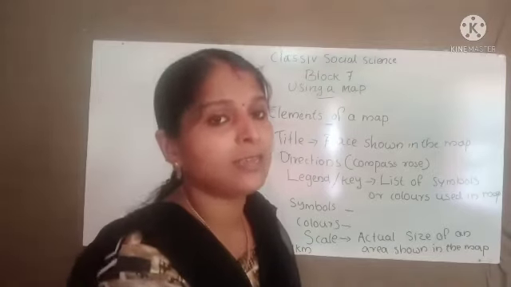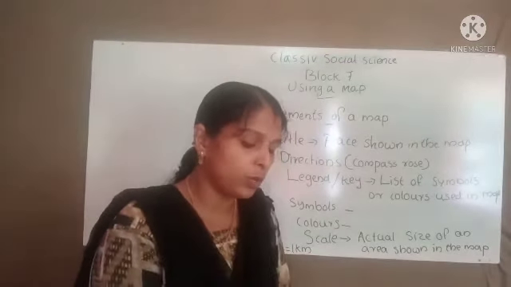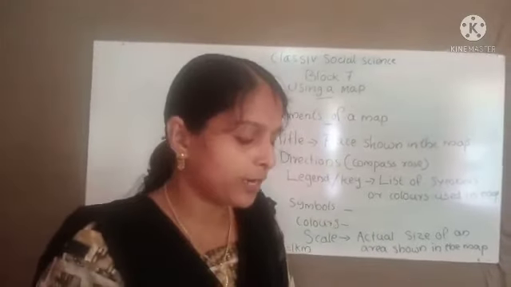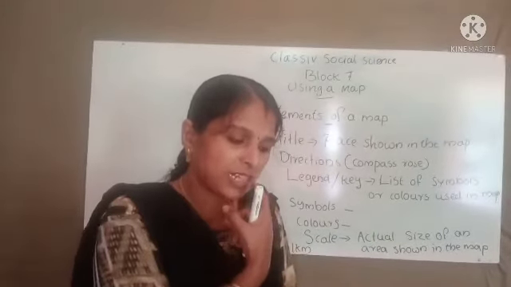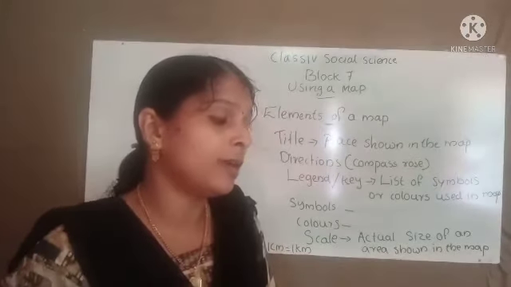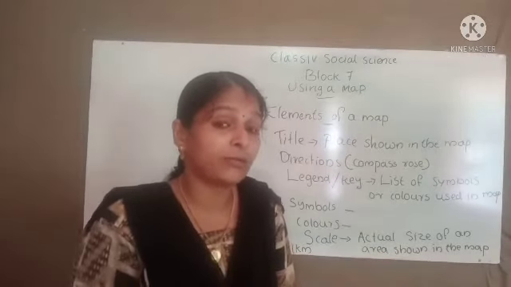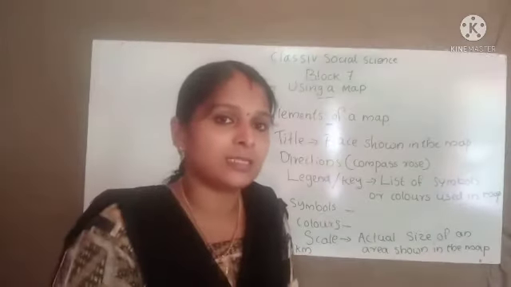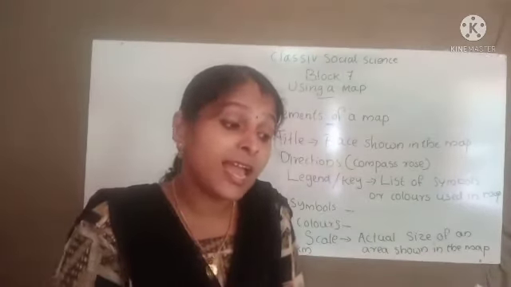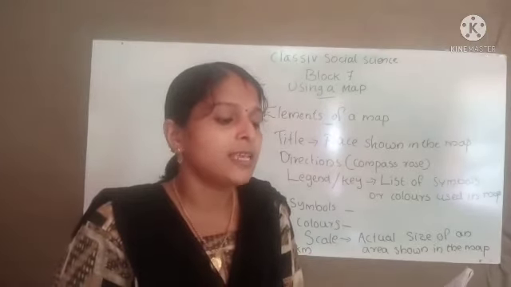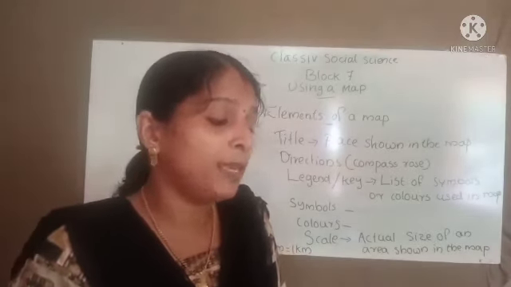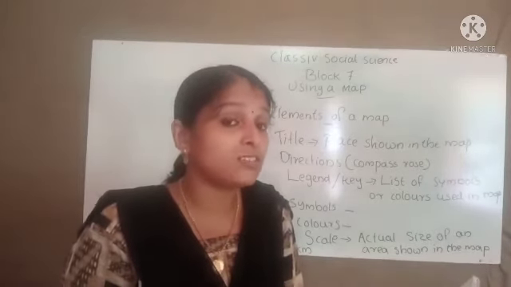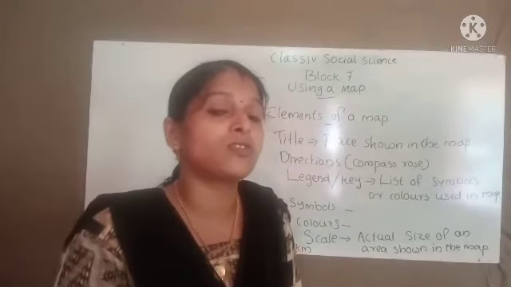Now everybody take your textbook, children. Textbook, page number 42. So we already wrote two questions. 2 and 3 we completed. Now first one, fill in the blanks, we have to complete today. A map is a drawing on a dash surface. Yes, drawing on a flat surface. Okay. Second question is B. A dash tells us about the place shown in a map.